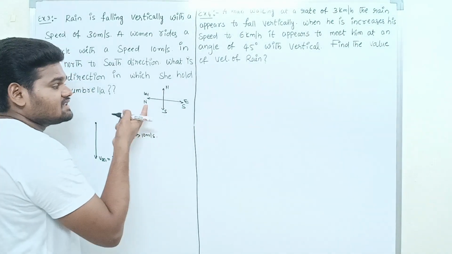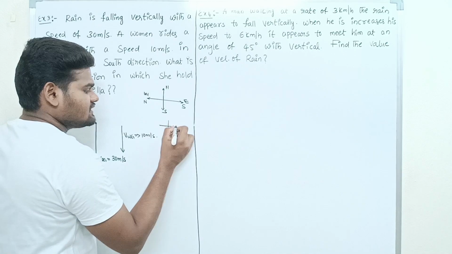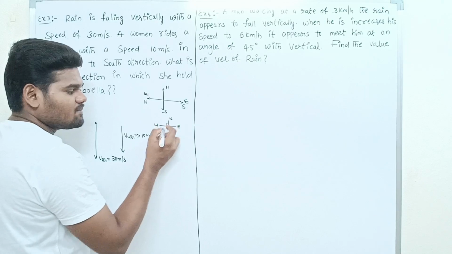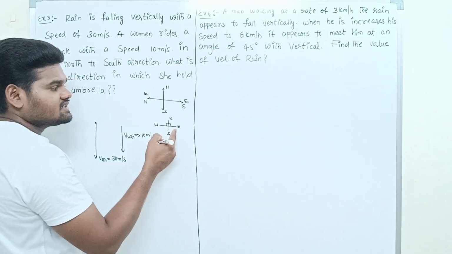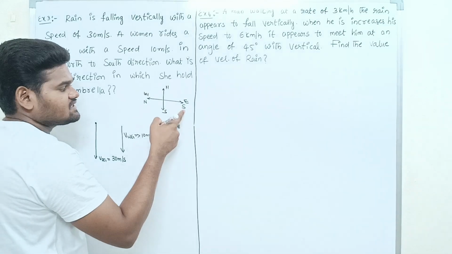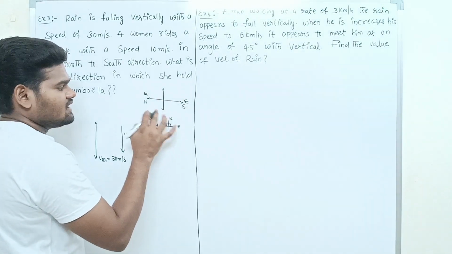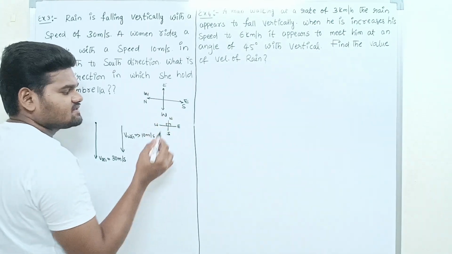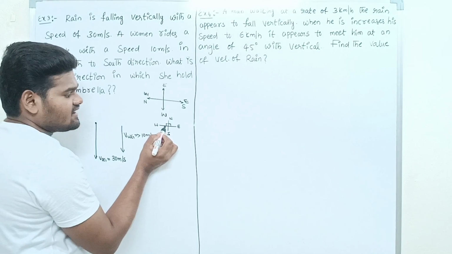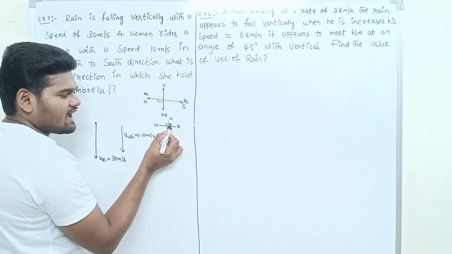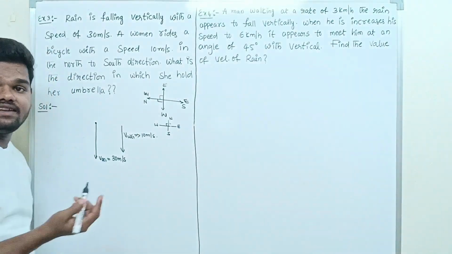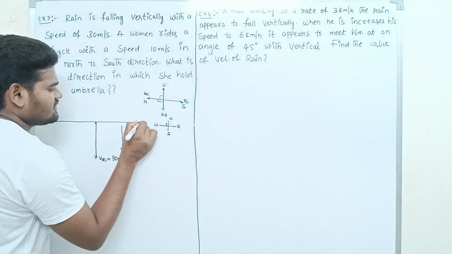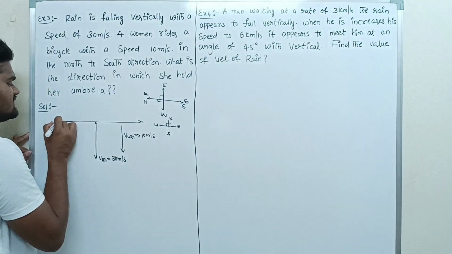Direction. Sir, why are you taking this as north and this as south? Have a look. This is north and this is south, and the east and west directions, right? So north is perpendicular to west, and north is perpendicular to east. If I consider this as north and this as south, then these two sides become east and west. Now what is the angle between north and west? 90 degrees. What is the angle between north and east? 90 degrees. Any changes there? No changes there. For our convenience, we are just considering this as the north direction and this as the south